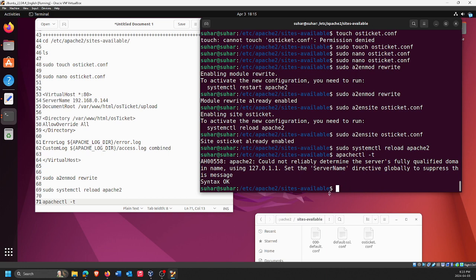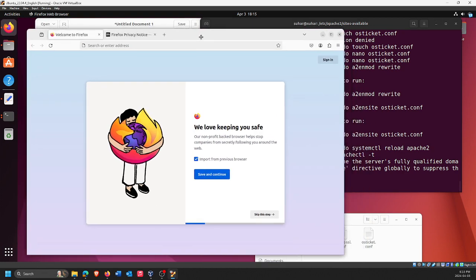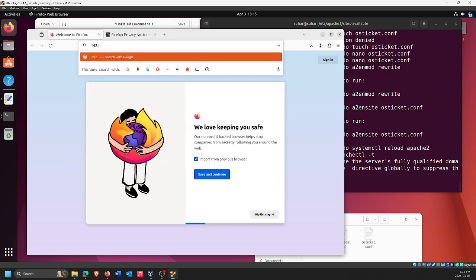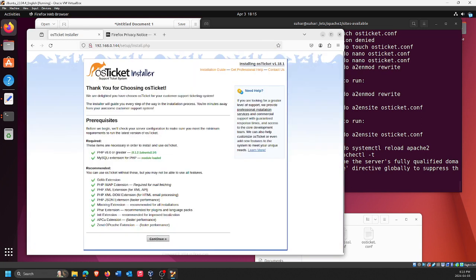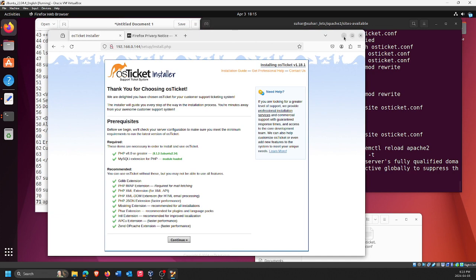Okay, so to fix this, because right now if you type in the address of your osTicket here, I mean the IP address. Okay, it actually works already, but just in case, to remove that thing,